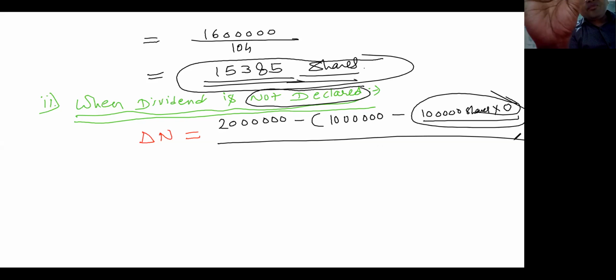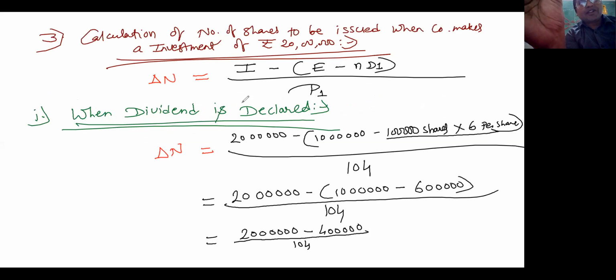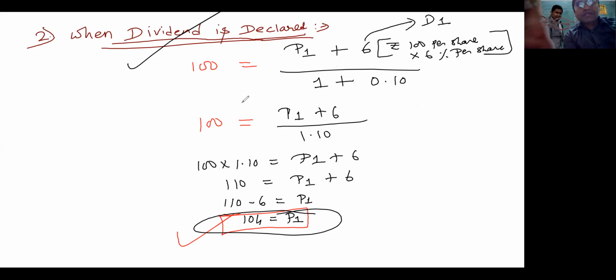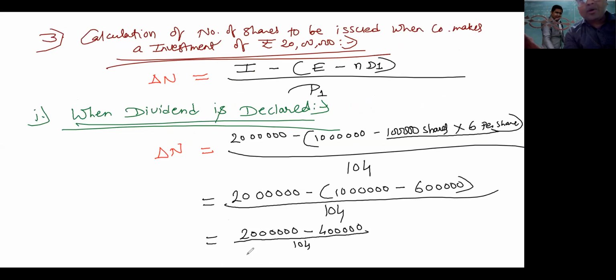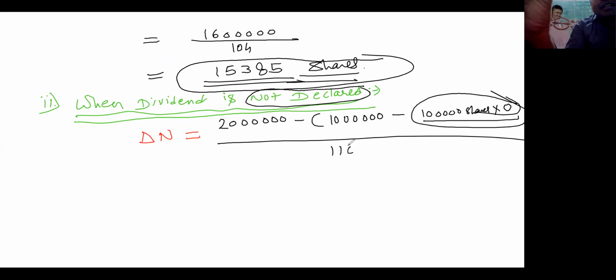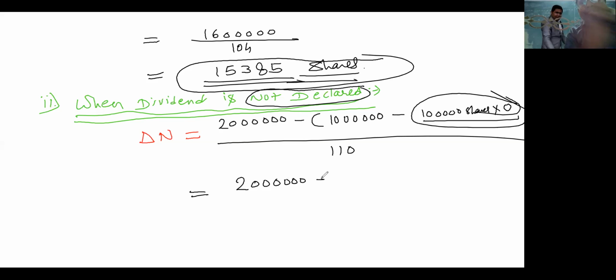Divided by what? Now when dividend is not declared, what is your P1? See here, when dividend is not declared, which case is it? Here it is. So at that time your P1 is 110. So P1 is 110. Okay. Now 20 lakhs minus, see, 10 lakhs minus that zero, I will show one step here, 10 lakhs minus zero